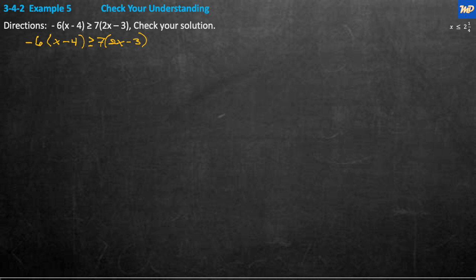So now we're going to remove the distributive property symbols here. So negative 6 times x is negative 6x. Negative times negative is positive 24. Is greater than or equal to 7 times 2, which is 14x